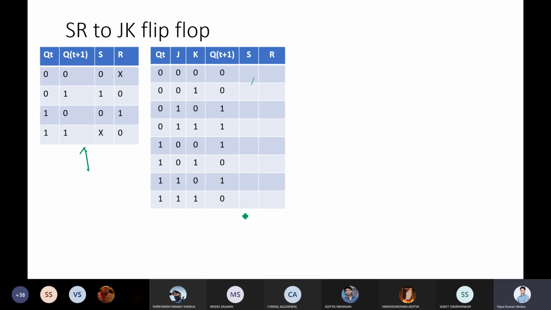Read this and fill this. And how will you fill it? You have to check these combinations of QT plus 1 and QT. So map QT plus 1 into the excitation table, pick the values of S and R and put them into the second table.